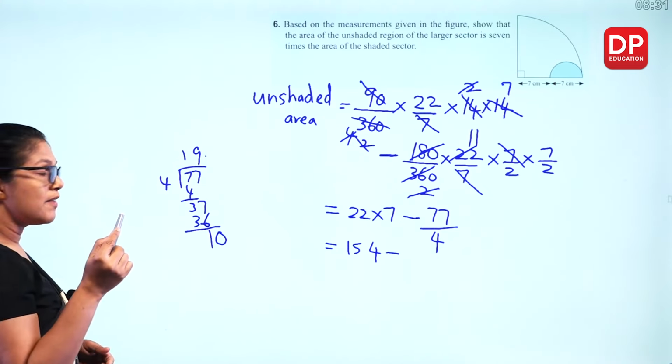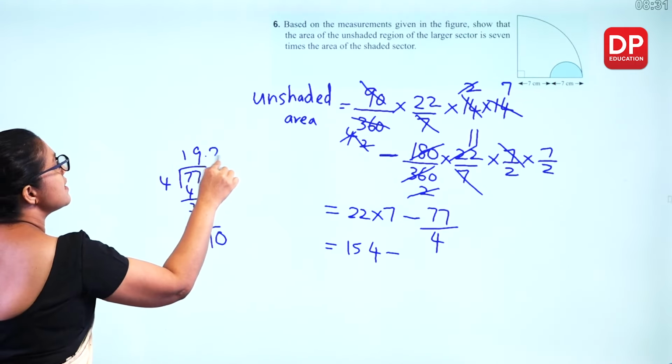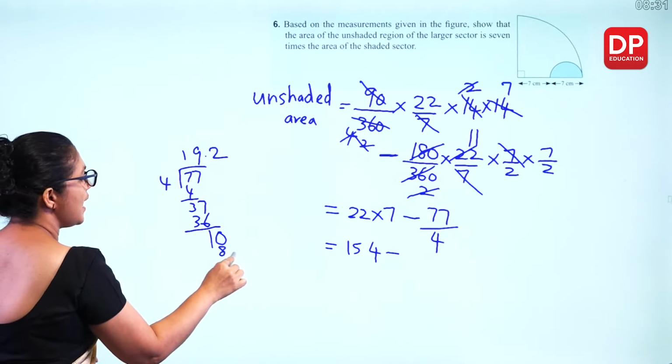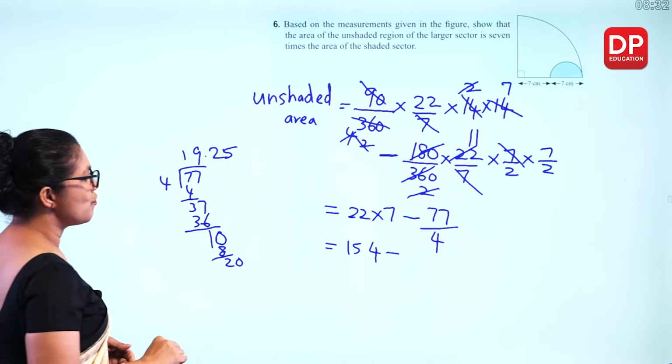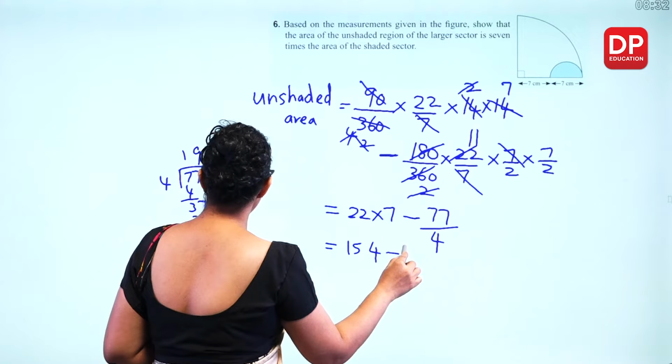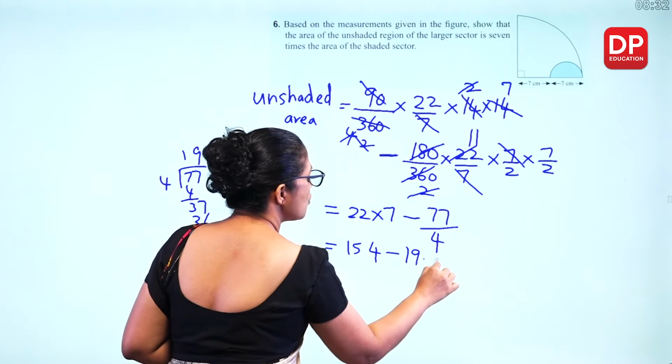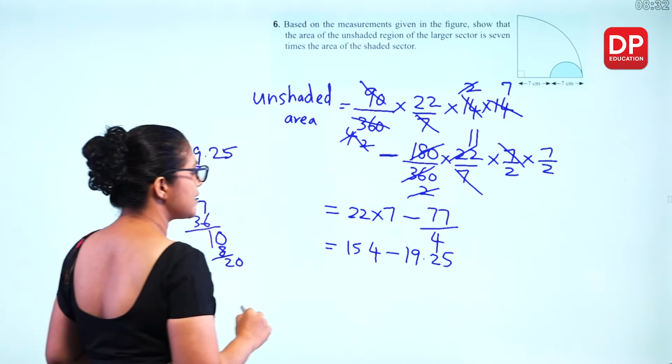I need a decimal value, so I can divide again: 4 times 2, 8, for 20 that's 5, 19.25. So here this is 19.25. So when you subtract these two together,